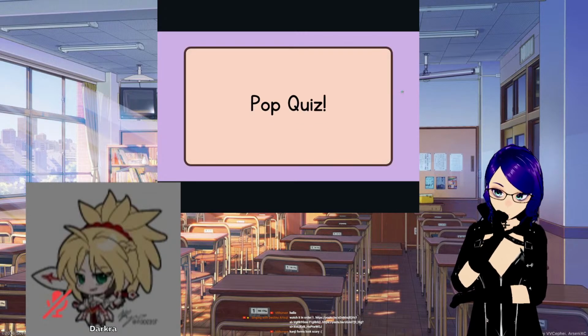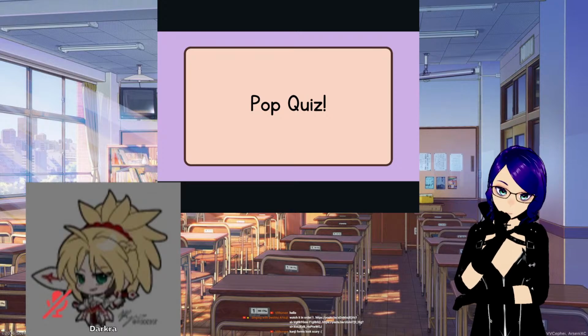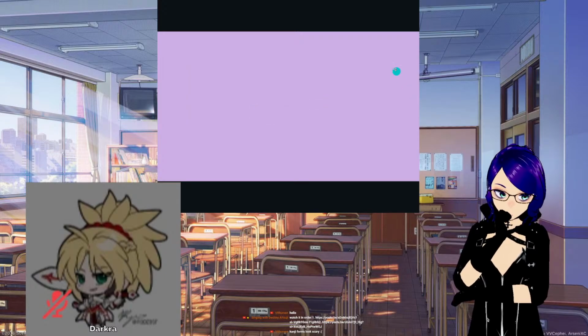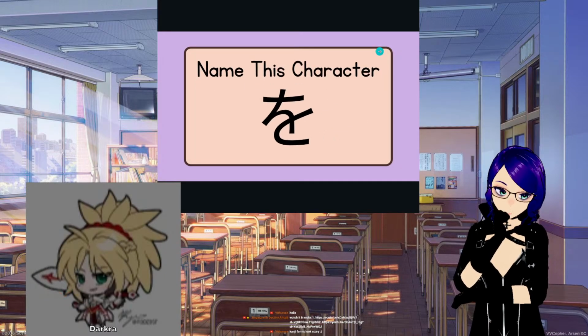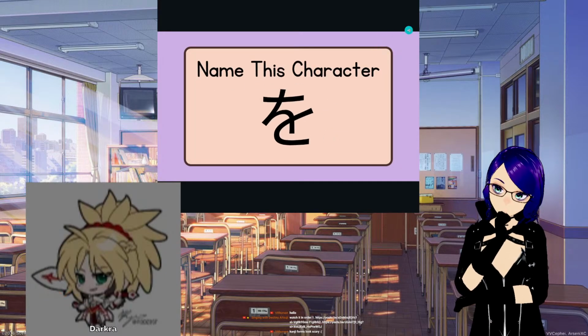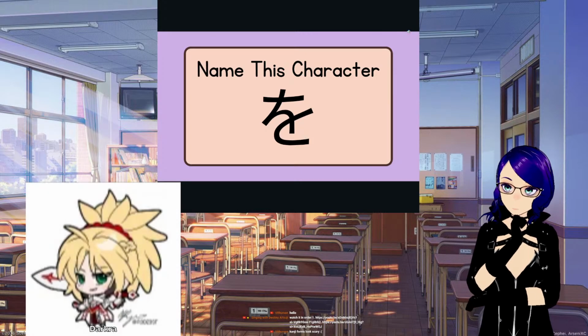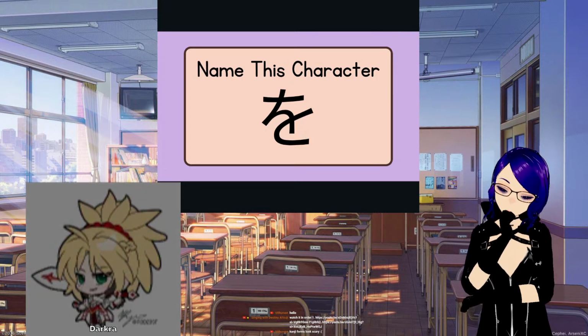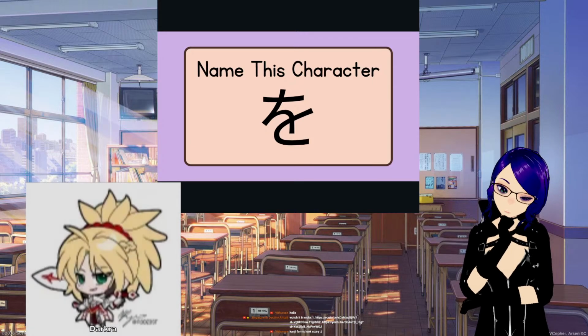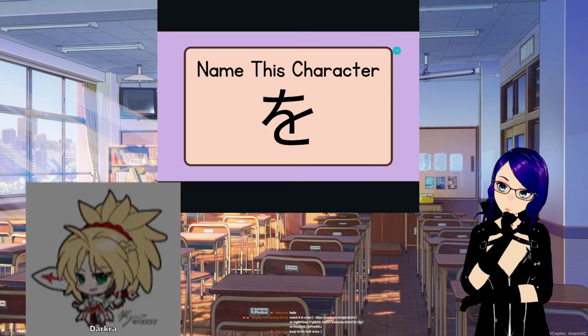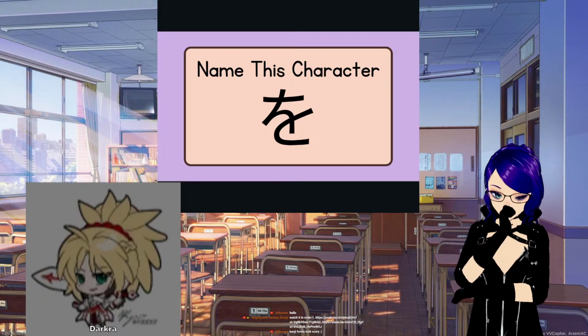But anyways, now it's time for pop quiz. So I'm pretty sure you caught everything because I think you can remember most of this. Alright, hopefully I made no mistakes. Okay, what's this one? It's the particle. Wo. Yeah, this is wo, but you pronounce it as o for some reason. It's not a wo, but when you type it out, it has to be wo for some reason.